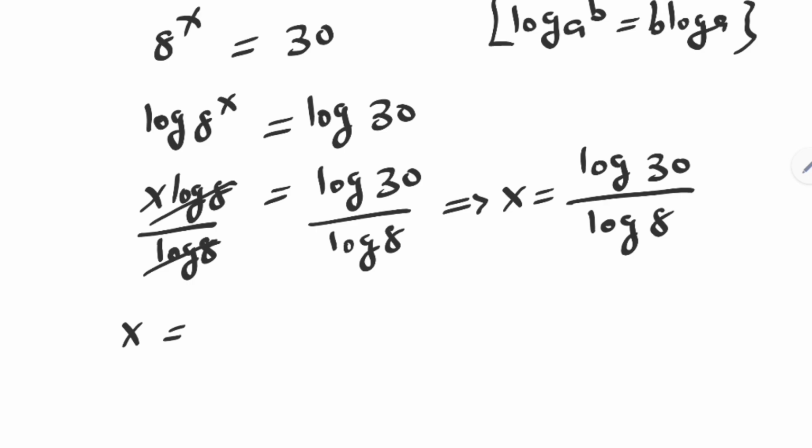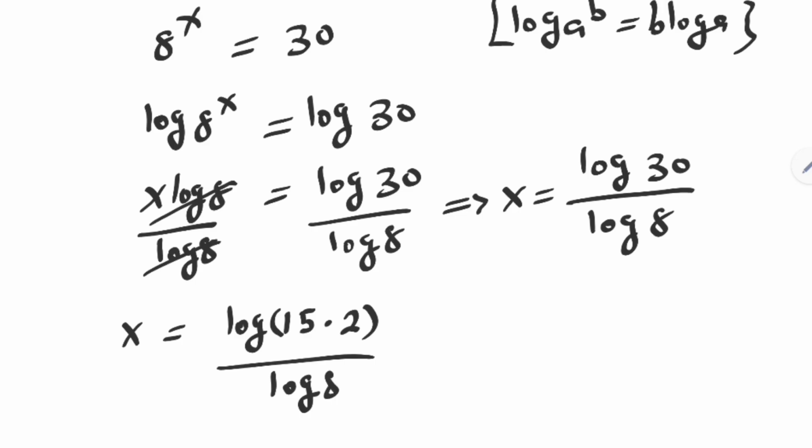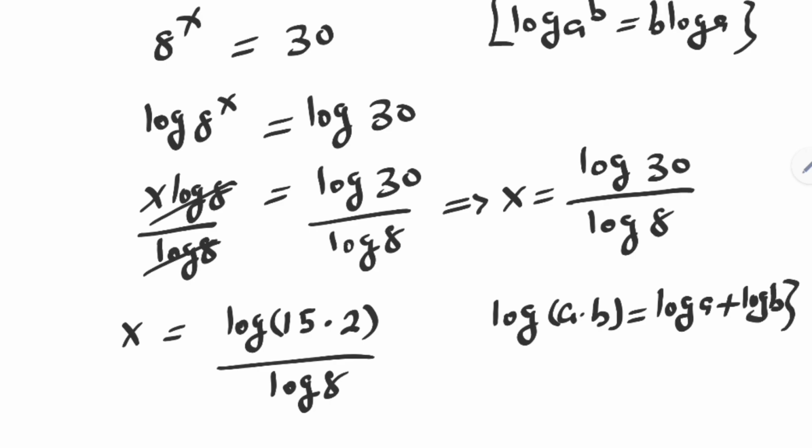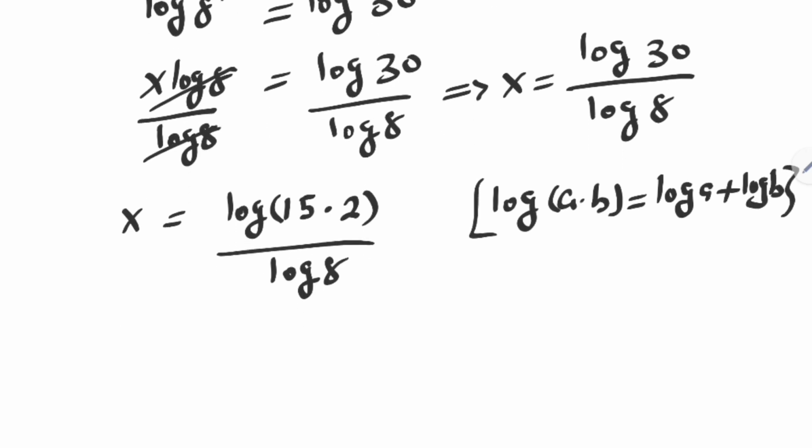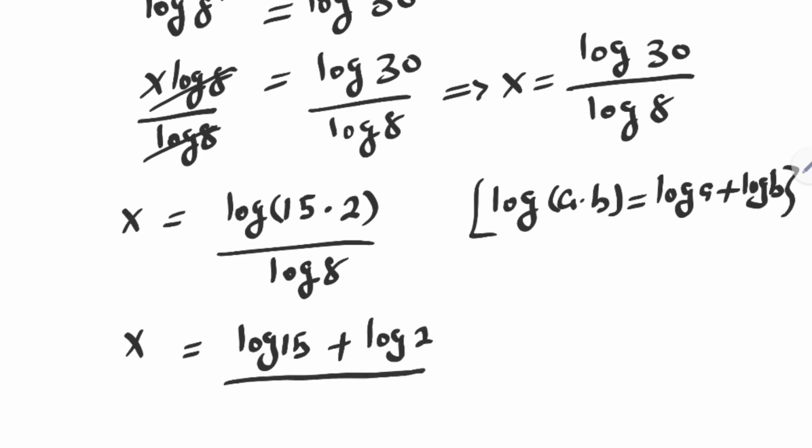x is equal to log 30 can be written as log 15 multiplied by 2 over log 8. Then if you have log a multiplied by b, this is equal to log a plus log b. x is equal to log 15 plus log 2 over log 8 can be written as